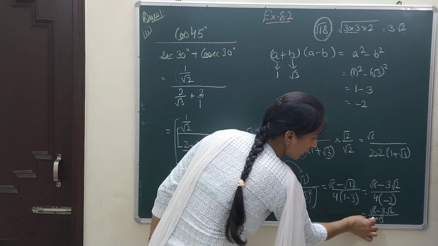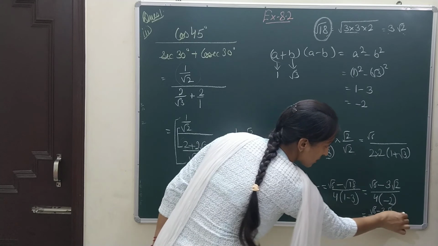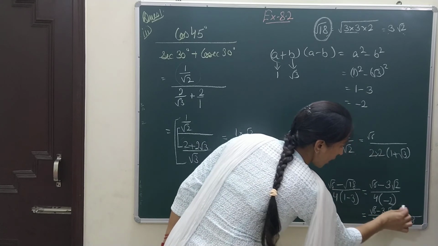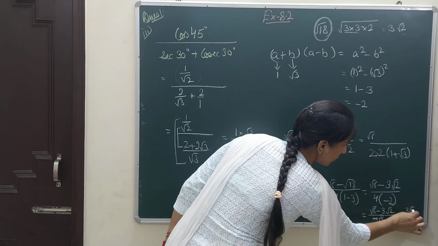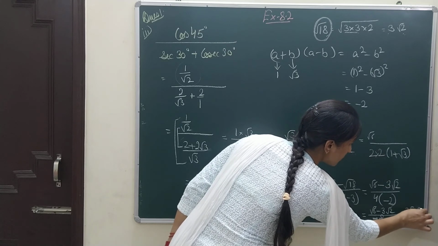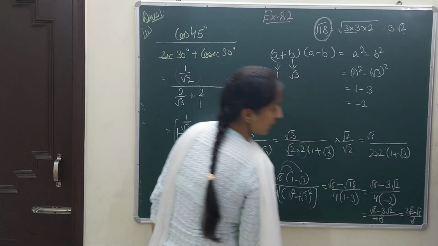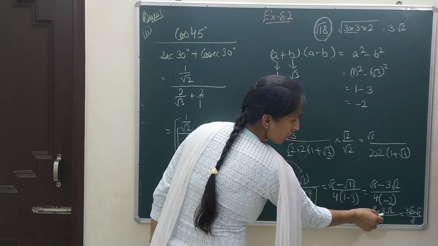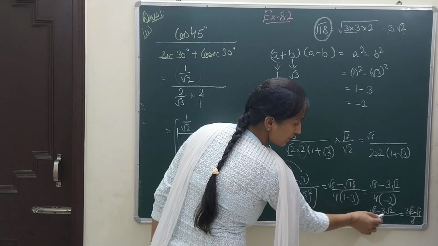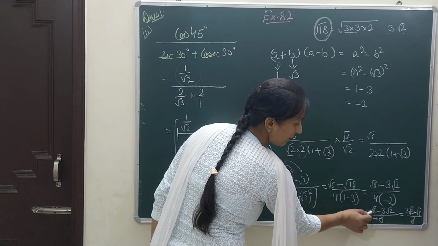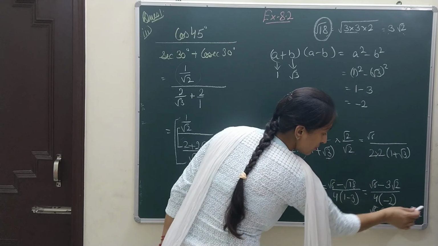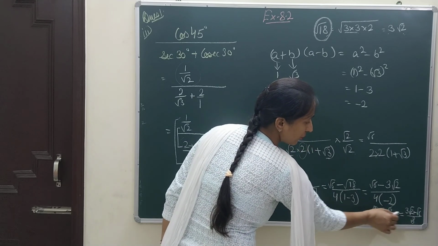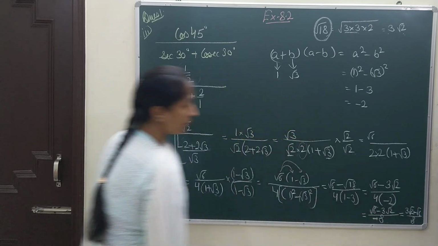Now I have to solve this minus. That means I have to remove this. For this, the minus sign will go up. It will be 3 root 2 minus root 6. This is my answer. I have used this minus. I have taken this in the numerator, so the upper signs are interchanged. This plus root 6 has turned into minus root 6, and this minus 3 root 2 has turned into plus 3 root 2. Thank you.